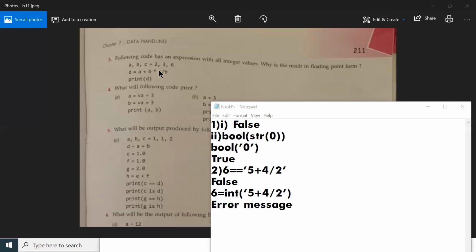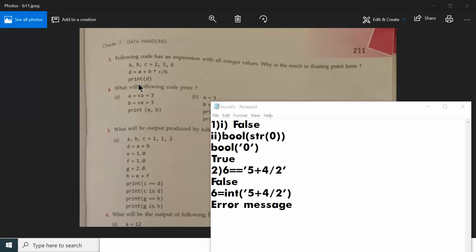If the expression contains a complex number, the other values will be converted into a complex number. If it contains a floating point value, then the other value will also be converted into a floating point value. So here your a will be converted into a floating point value. Because of that, the result of the complete expression will become a floating point value.